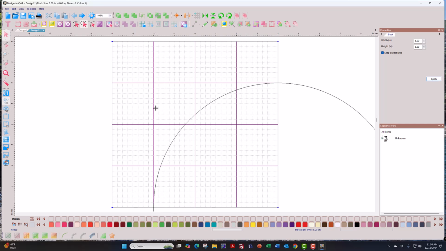Okay, so I'm going to come all the way out to here and let off the mouse, and you can see now that it has bisected this block into 2 pieces. This piece up here and this piece up here. So I'm going to go to my piece select mode here, and I'm going to select this